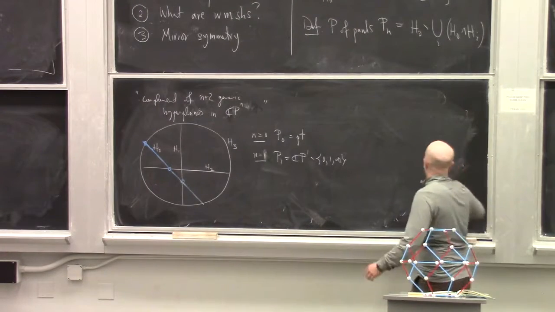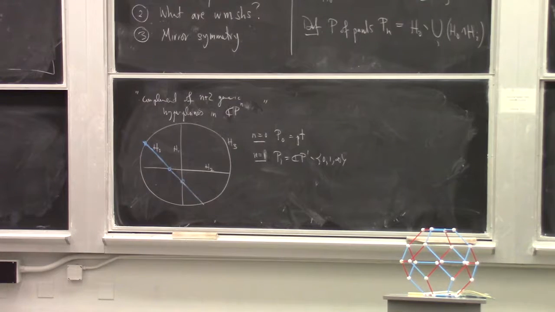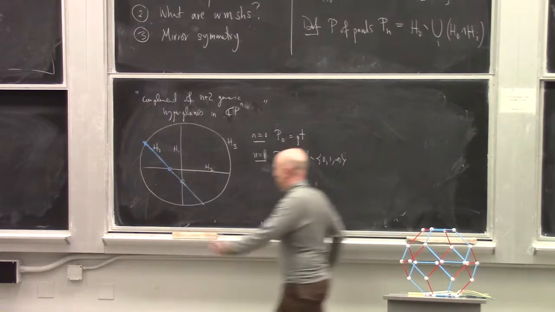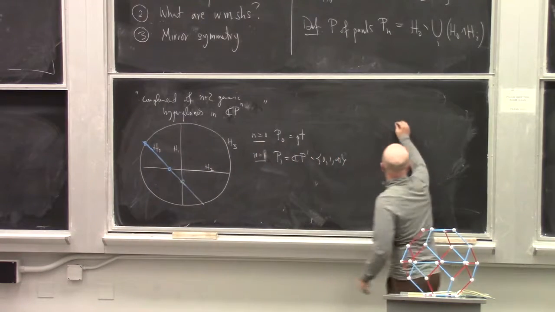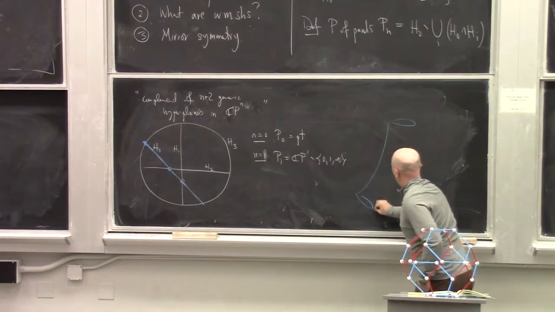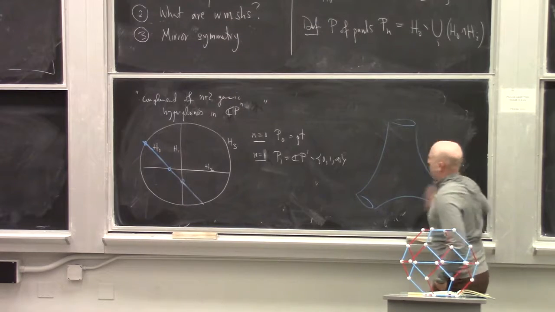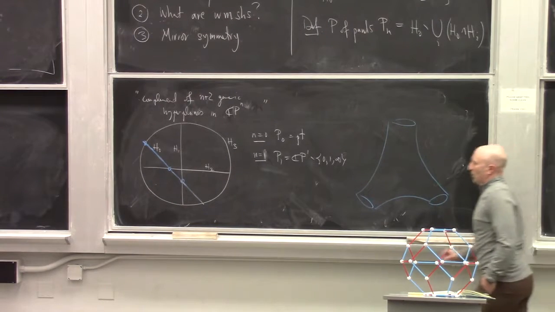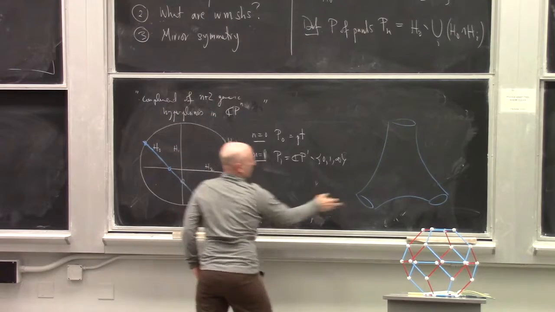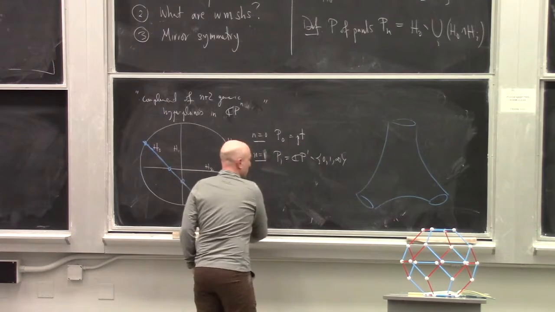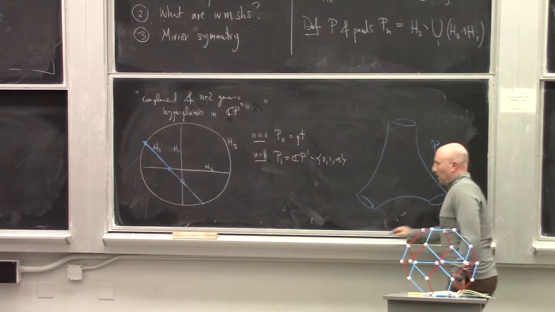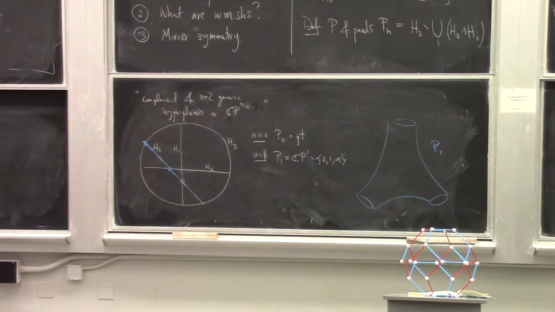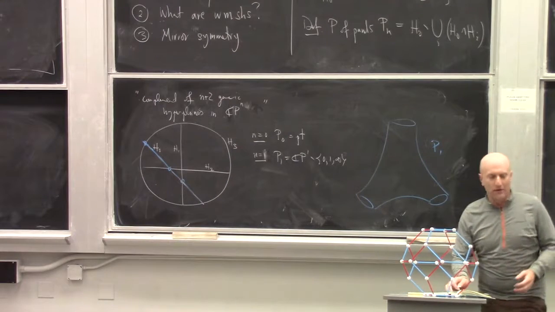Okay, maybe I should do this kind of thing once or twice in the talk. Of course, if I were to draw this picture like a topologist rather than an algebraic geometer, I draw it like this, where these 3 points are the 3 removed points. Okay, so this is a picture of P1. Now I'd like to catalog structures on the pair of pants that are going to be relevant to what I'm going to talk about.